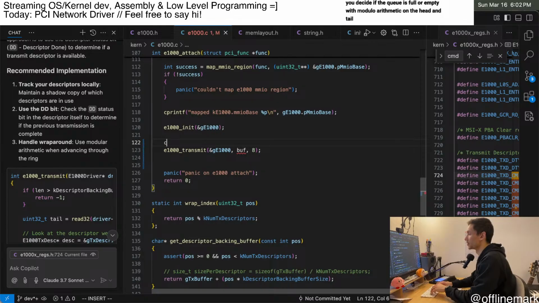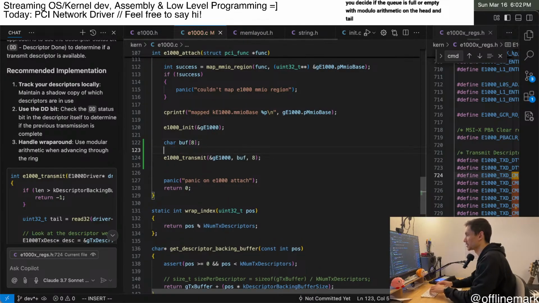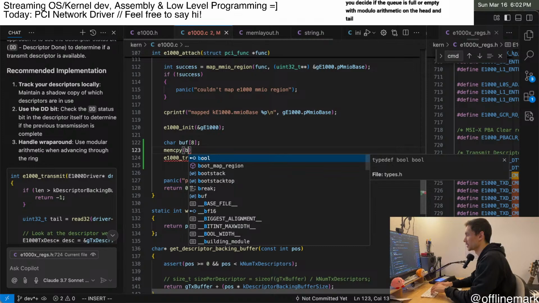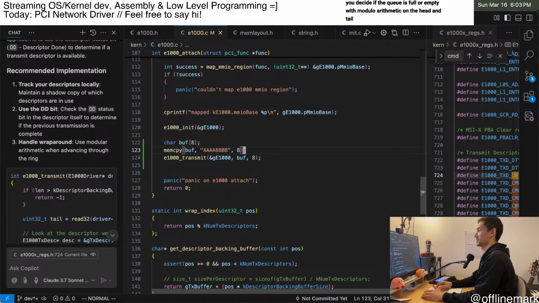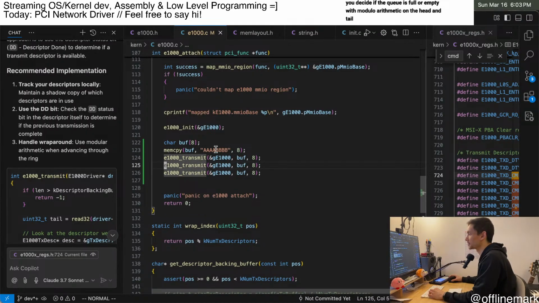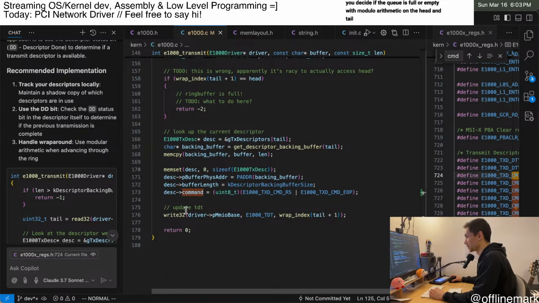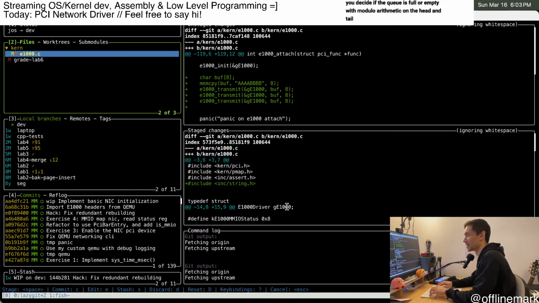I'll make a buffer of length 8 and then copy 8 bytes into buff, and then just transmit this buffer, for example. Maybe I'll do that a few times. Am I doing this right? Okay, I don't know what's going to happen, but